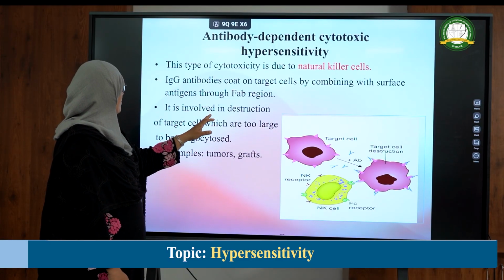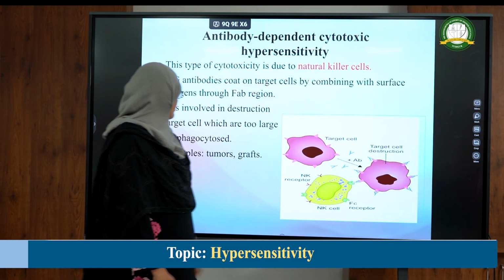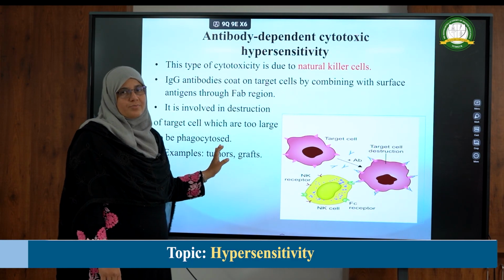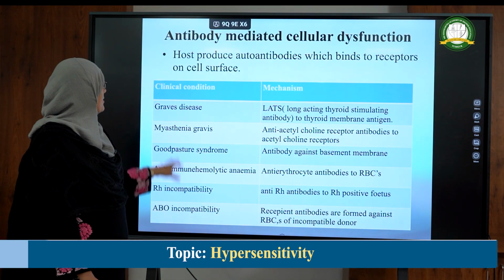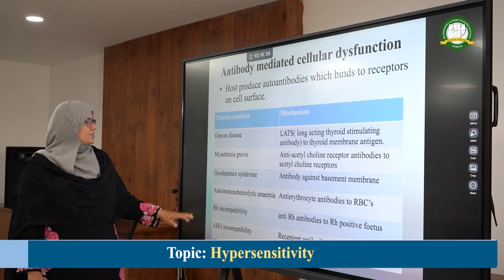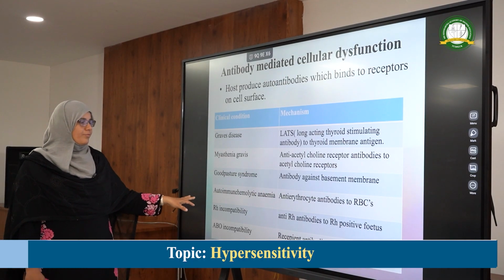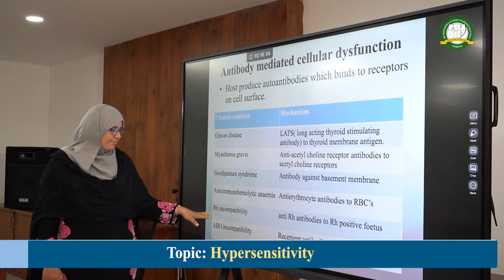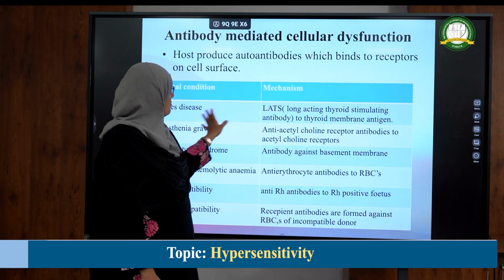It is involved in destruction of target cells which are too large to be phagocytosed. Examples: tumors and grafts. So these are some of the clinical conditions where we observe this type 2 hypersensitivity reaction, like Graves, myasthenia gravis, Goodpasture syndrome, autoimmune hemolytic anemia, Rh incompatibility, ABO incompatibility, where it is because of mechanism here,